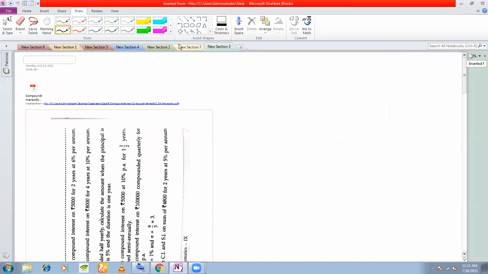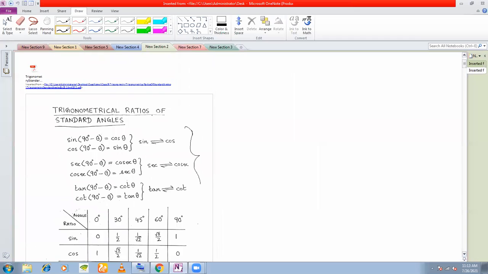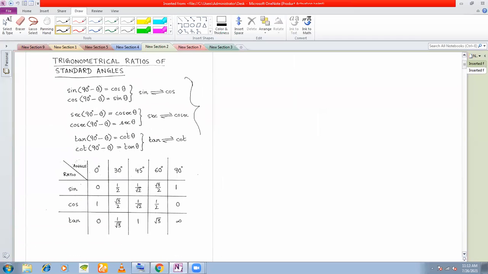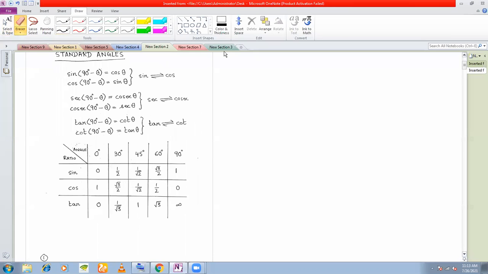Then as I was saying, you must memorize this. I will not start this part because I have not kept this as a part of the first term syllabus, but I'll just repeat this once again. How to memorize this? You will take time to memorize this. Memorize these relations so that later we can discuss this. First relation here, remember, is that these are called complementary angles. Complementary angle relations.